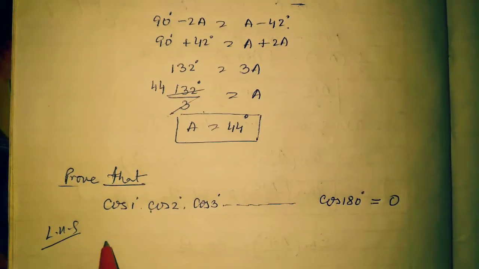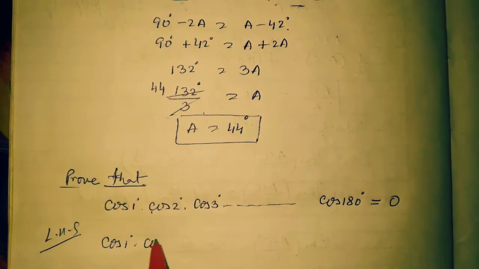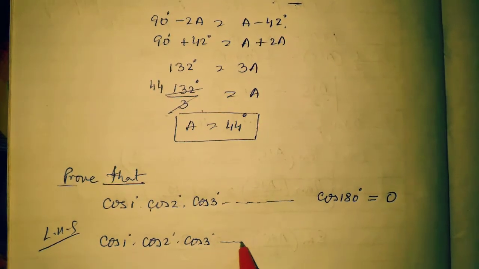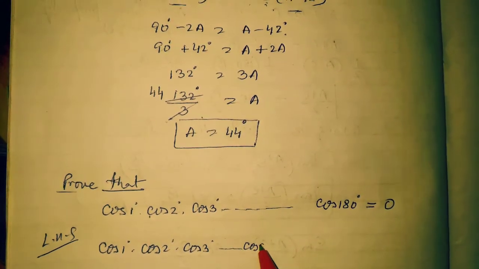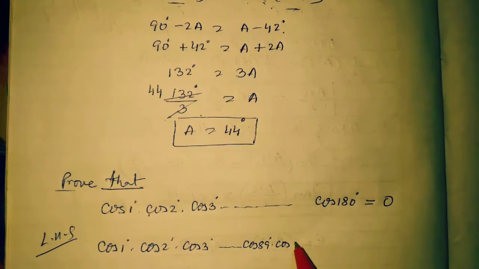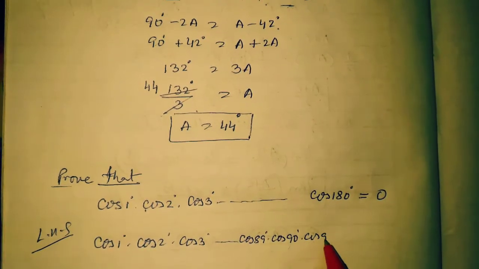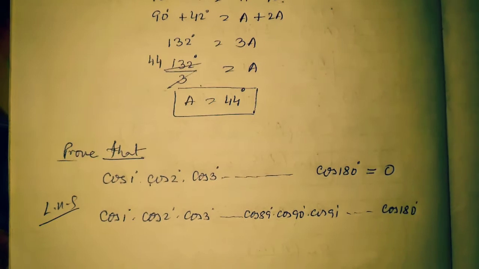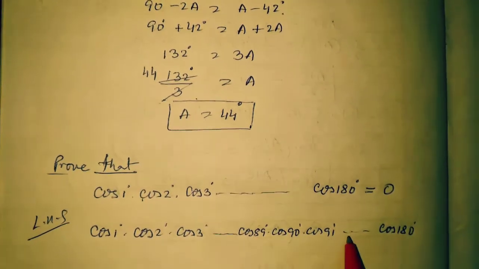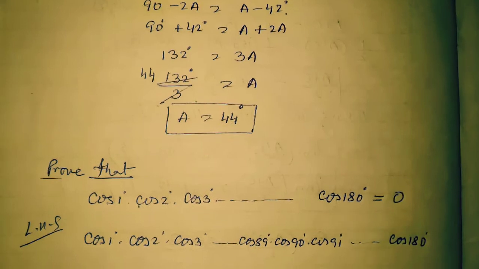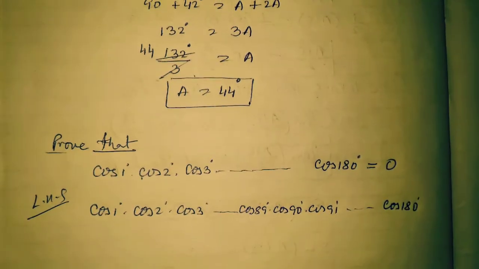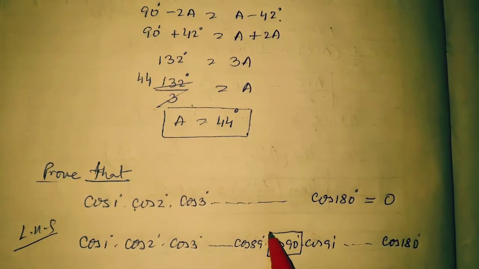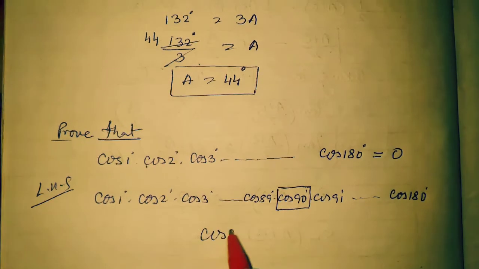The left-hand side is cos 1 degree, cos 2 degrees, cos 3 degrees, and this way going on to cos 89 degrees, cos 90 degrees, cos 91 degrees, and so on, till cos 180 degrees. We thought that till 90 degrees you know the values, but you don't know the values of 91 degrees, 92 degrees, 93 degrees. See here, this is only given for confusion whenever this type of question is given. We'll just follow: between these is cos 90 degrees, and we know cos 90 degrees' value is